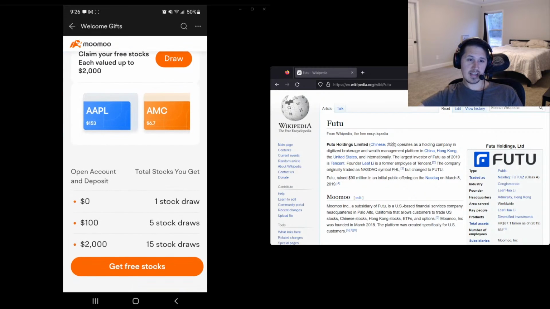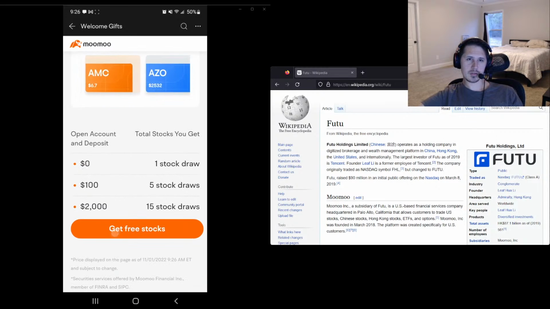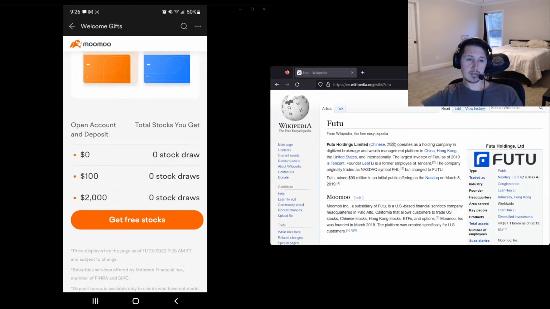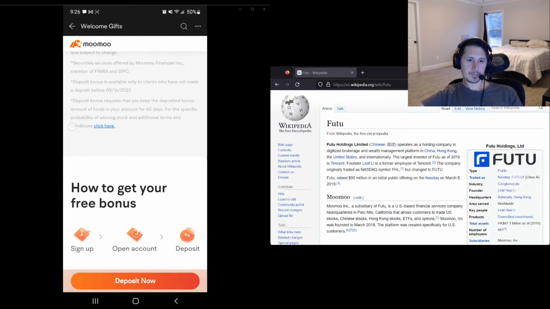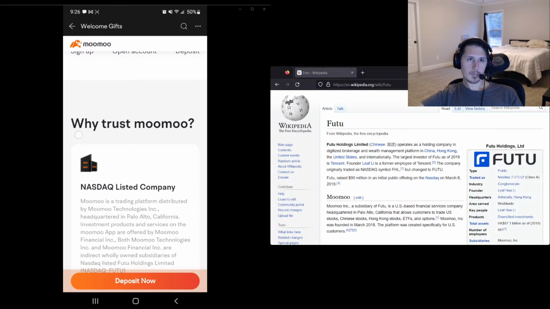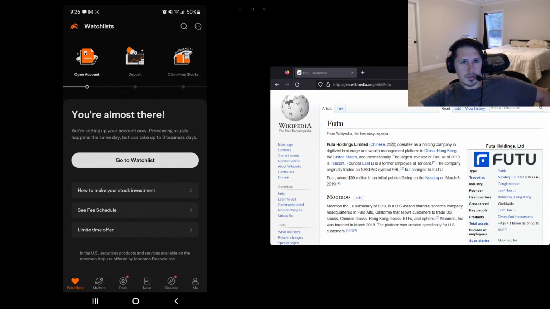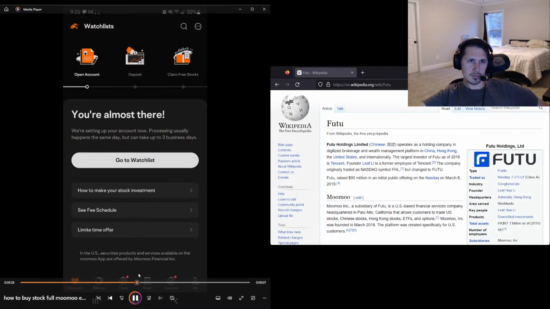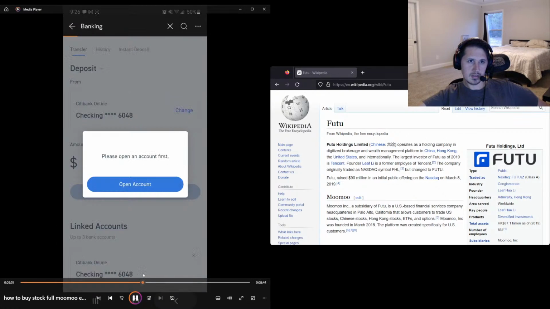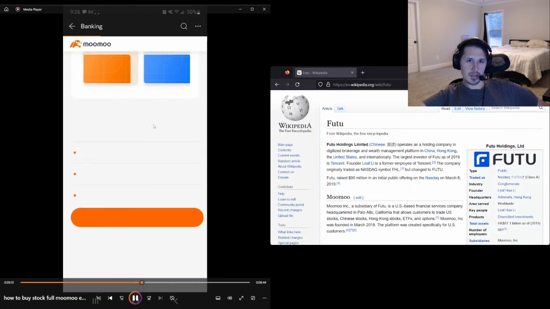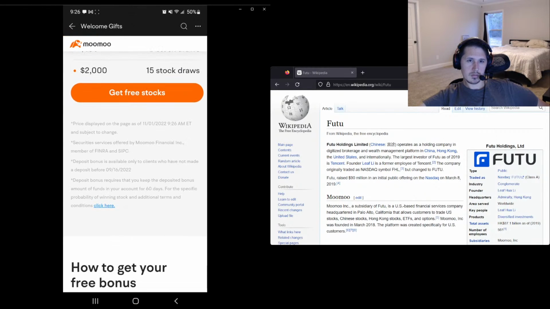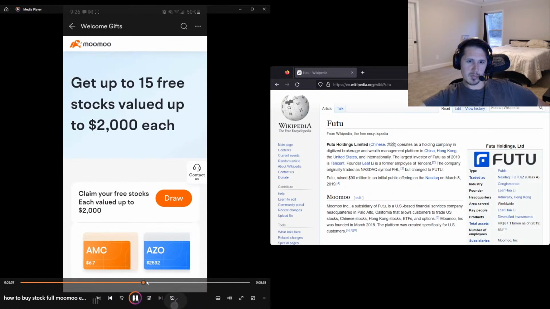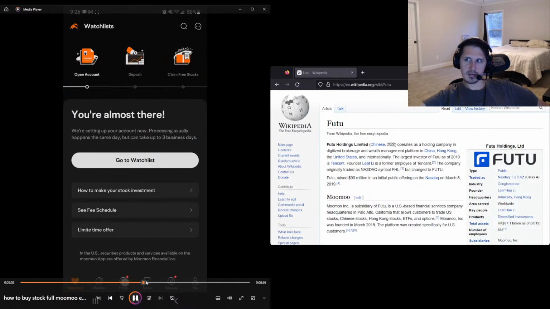Because they don't let you get the next 15 stocks until after the money clears. So what was it? It was 9:14 all the way to 9:26. So it's been 12 minutes so far. And right now I'm like, why is it not giving me my free stock? I want my free money,